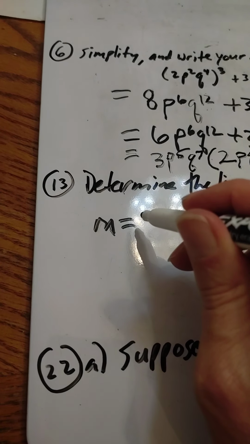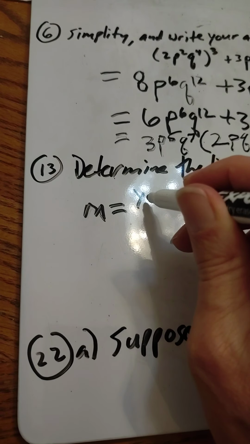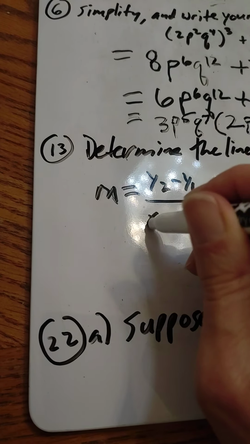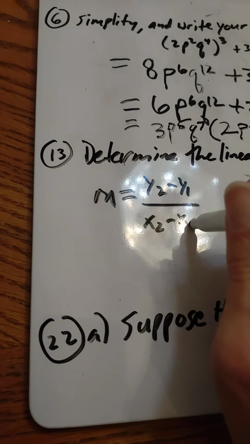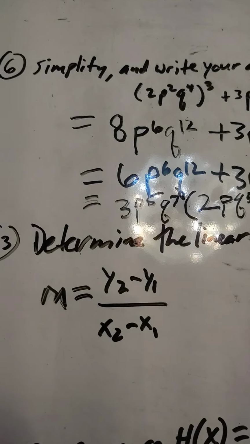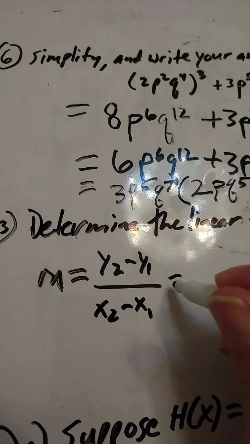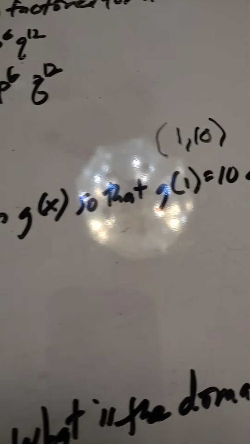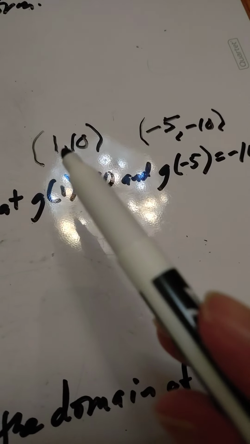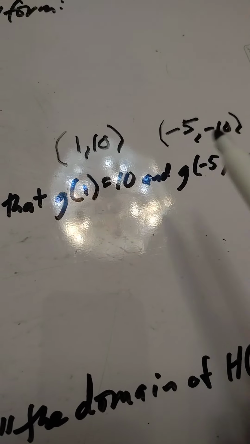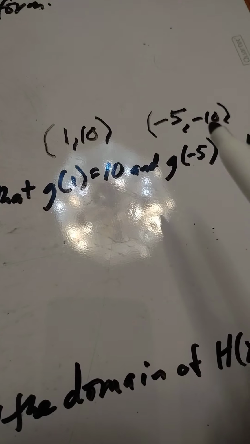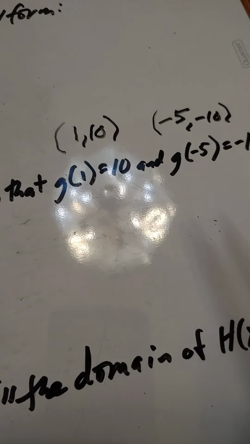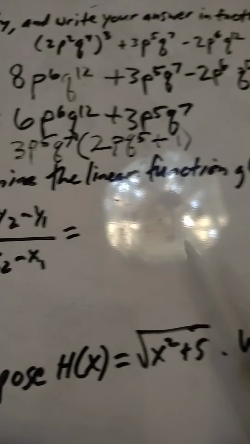So m equals the slope formula, y sub 2 minus y sub 1 over x sub 2 minus x sub 1. So y sub 2 is like my second y coordinate minus my first y coordinate. So here's my 2 points. I'll call this my first point, this is my second point. So y sub 2 I'm going to think of as negative 10 and y sub 1 as 10. Those are my y coordinates. So I'm going to go negative 10 minus 10